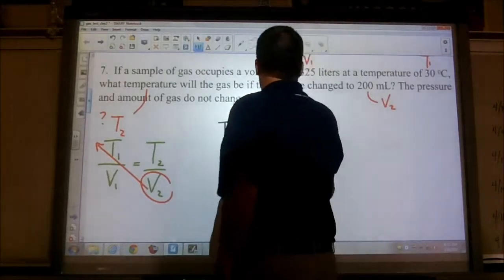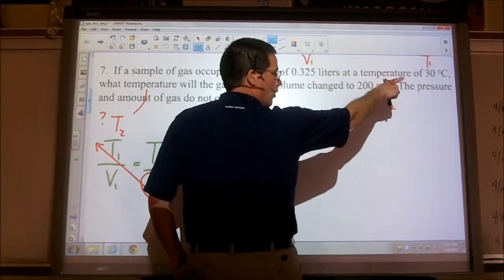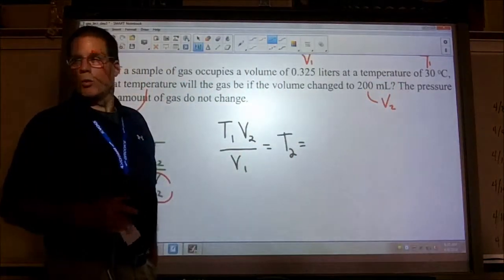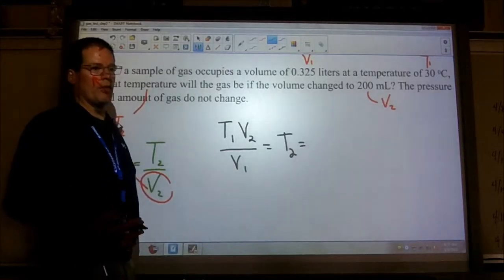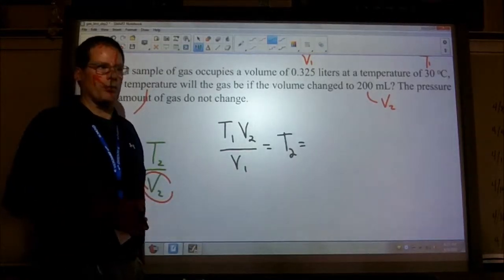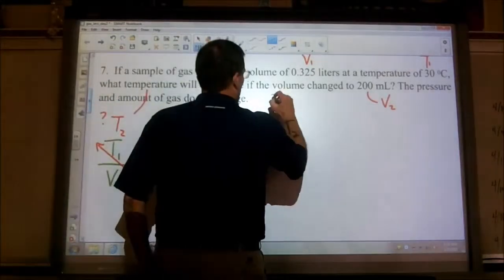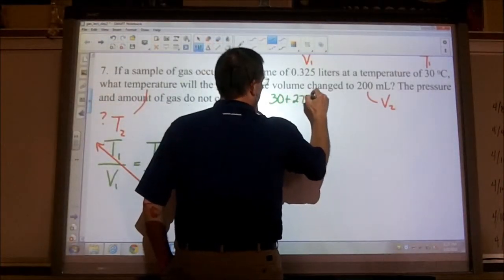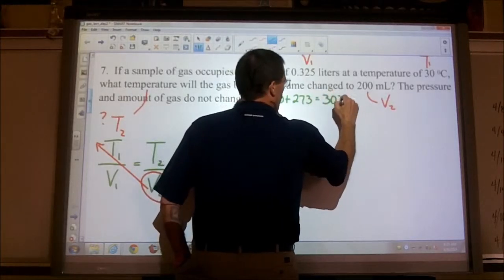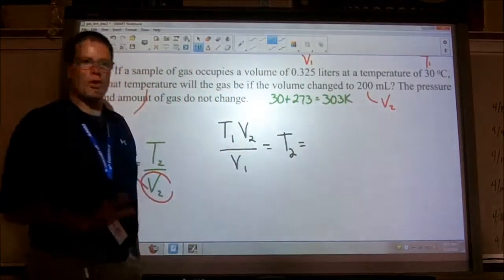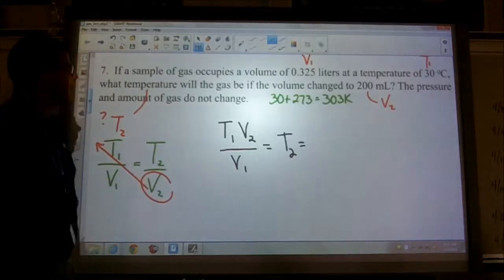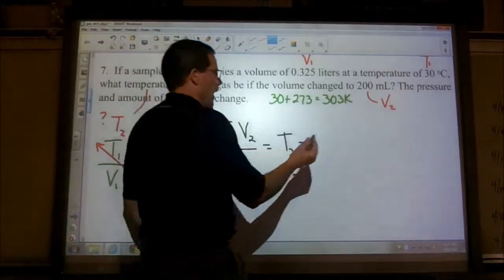So don't forget, even though that's a positive value, every once in a while that could be a negative degrees Celsius. So you have to change degrees Celsius regardless if it's positive. Make sure that we do 30 plus 273. So what is that? 303 Kelvin. Make sure you check that before you start throwing values in. So my initial temperature, actually my only temperature,